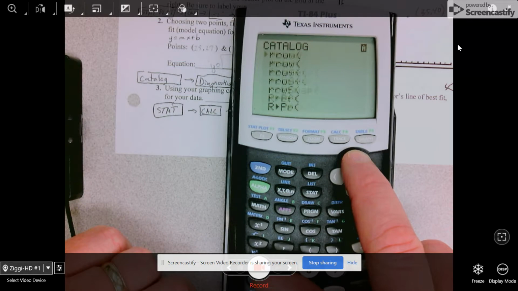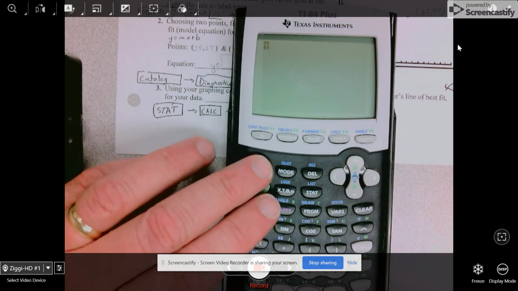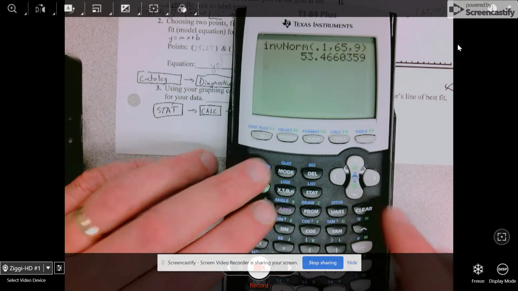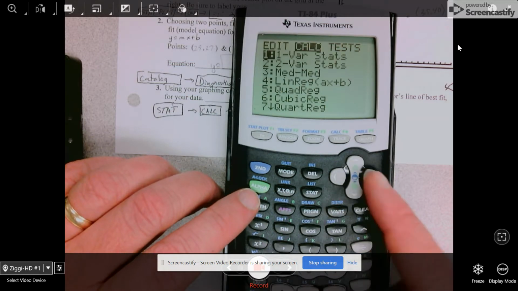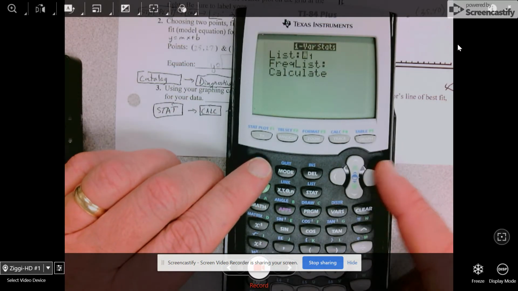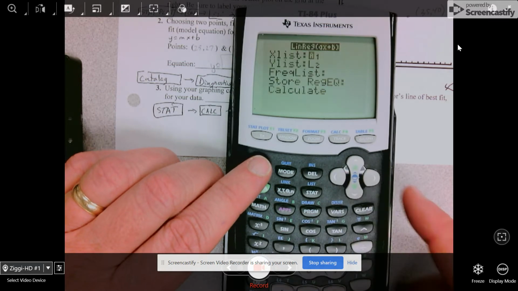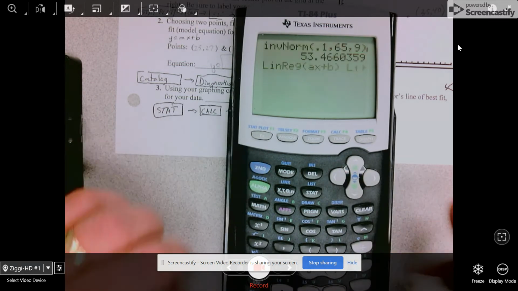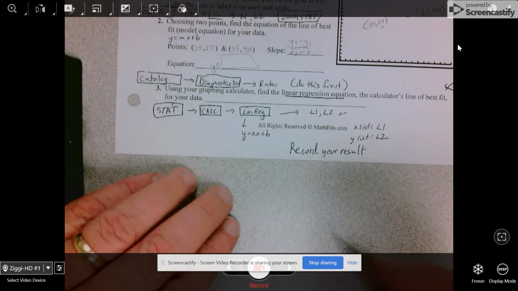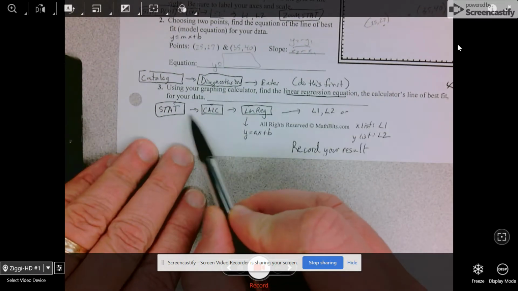You just find it. And when you get there, you turn it on. My diagnostics are on, so I'm going to make sure. Yep. Okay, so then to calculate the line of regression,